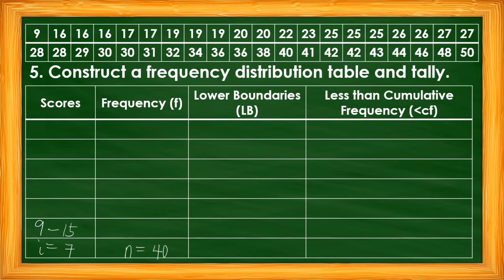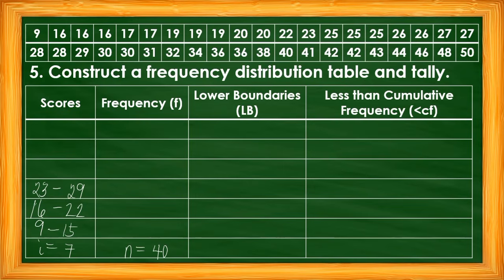Okay, so madali lang po. So, ang gagawin natin dito is mag-a-add lang tayo ng 7 dun sa lower class, saka 7 din dun sa higher class, upper class. Okay, so 9 plus 7, 16. 15 plus 7, that is 22. Hanggang makarating tayo sa pinakaitaas. 16 plus 7, that is 23. 22 plus 7, 29. Kesa naman sa magbibilang pa tayo sa kamay ng tig sa 7, yan ang pinakamabilis na